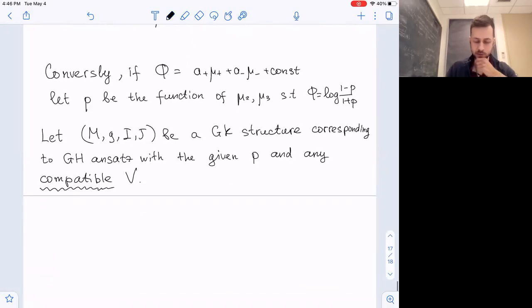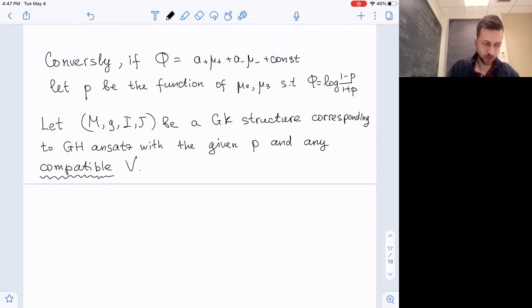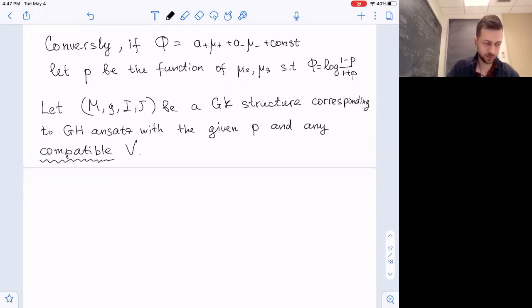So conversely, if you start with phi a linear function of mu plus and mu minus, and you choose the corresponding angle function p, and you choose compatible v to cook up a generalized scalar structure through the Gibbons-Hawking ansatz, then I would like almost to say that it will be a soliton. It will be almost true with one little caveat, and I just want to say what this caveat is. First thing which I wanted to say is that the form